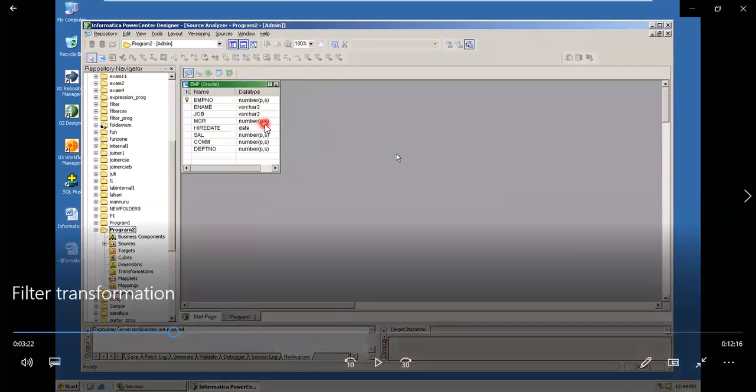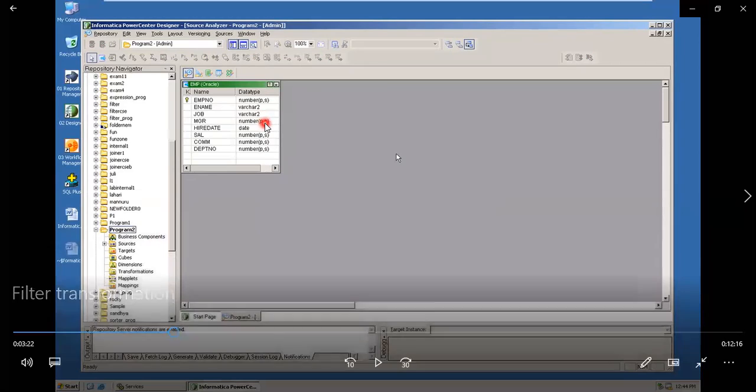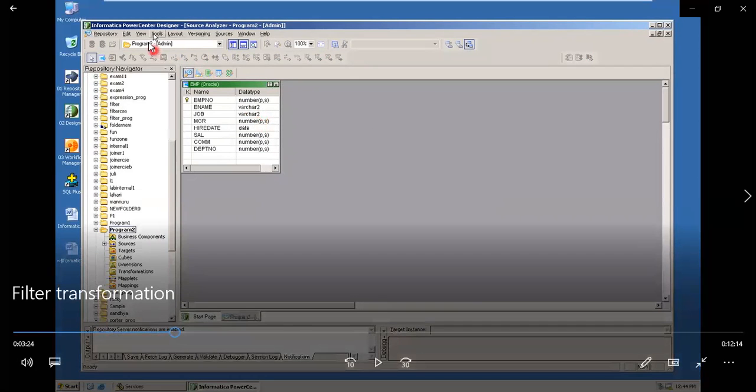Next, you are going to generate the target table. Why? Because the source table consists of any number of salaries, but the target table consists of salary greater than 2000 only. That means go to Tools,